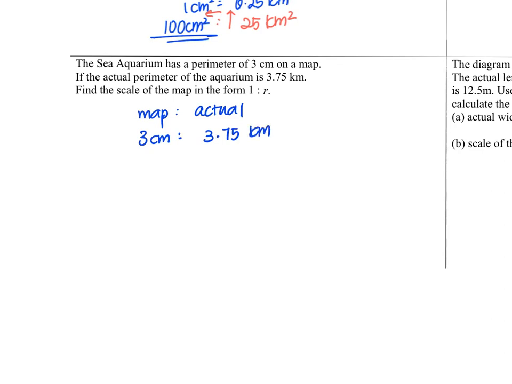Now usually I always like to start with changing of units first. So to change from kilometers to meter is times 1000, and then change to cm is times another 100. So this number in terms of cm, because if I want a ratio, both of them should have the same units. So if I want to change it to cm, that will be 3.75 times 100,000 and gives me